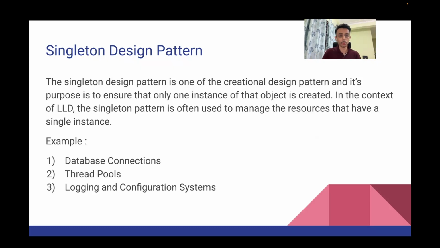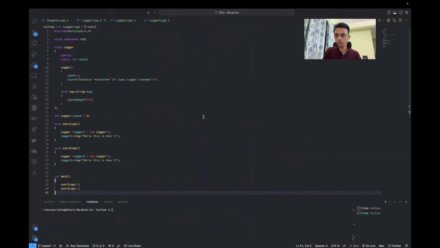Okay, so now let's move to the VS Code to understand its real life example. So this is our VS Code, and here I have my logger class implemented. This is a very cut down short version of the actual real life logger. So what is the use of the logger class? It basically logs out your message, prints your message, wherever it can print: on the console, on your website, or on the app. In this video, we are logging our message on the console. So the use of the logger class is to log the user messages. Okay, let's try to understand its implementation.